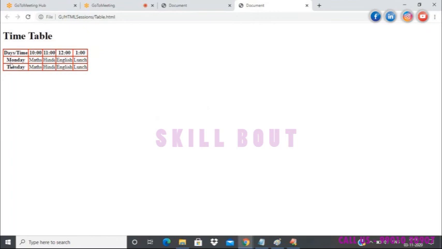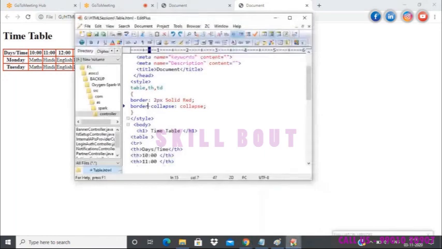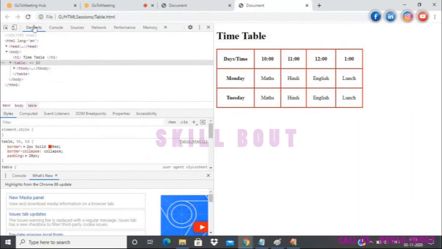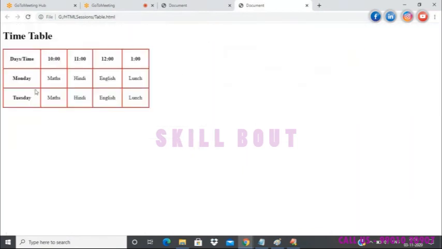But then again, there is no space. It is looking ugly, and all these things have to be taken care of by CSS. But I'll still show you how to do that. Border spacing. I will give some. You see, as soon as I use the property called padding, the space was given, there was a separation between the cells and the content of the table.